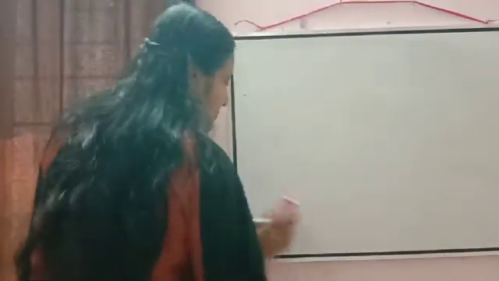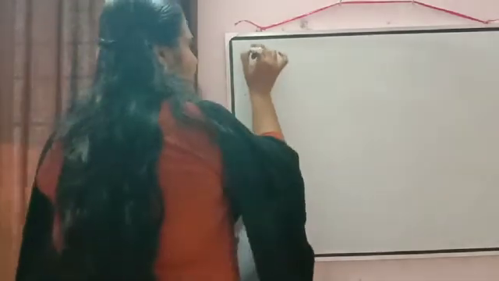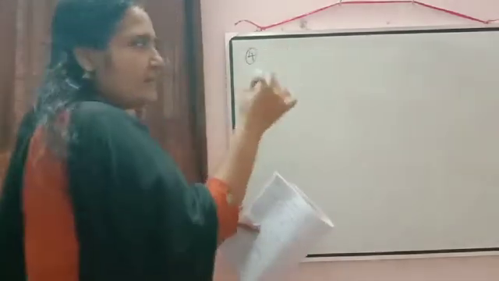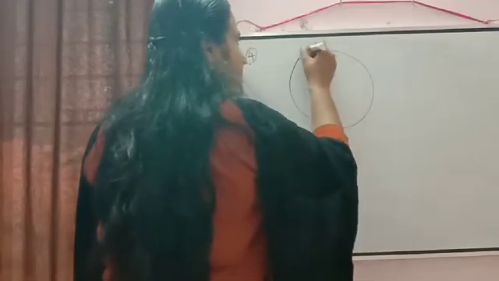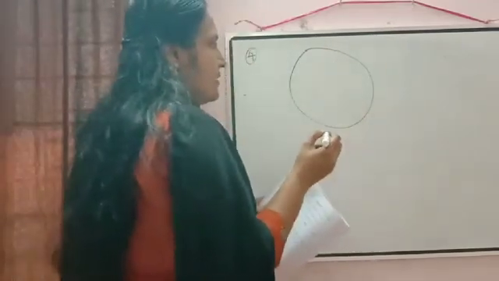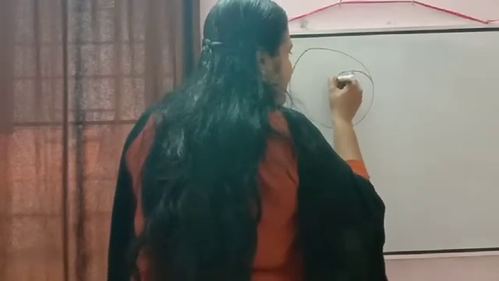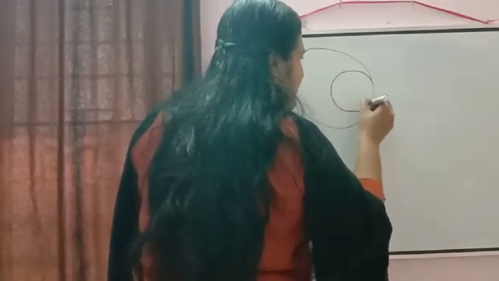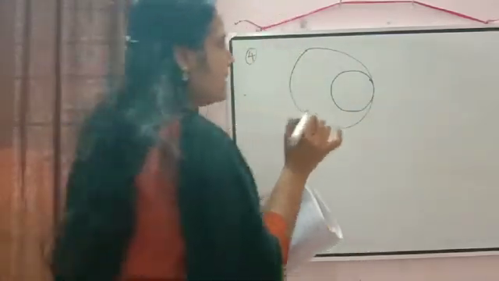In the next question, it is written, two circles touch internally. It is written they are touching inside there. So obviously one should be a big circle, then only a small circle can come inside. So suppose a small circle we can draw here in this way. They touch each other internally.